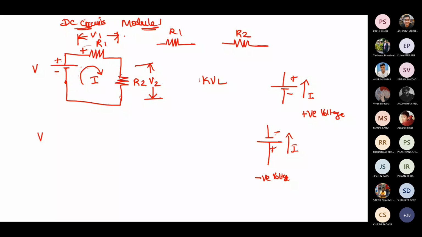Ma'am, here also you are assuming this direction, but voltage is like this, negative to positive. But this is a source. Wherever source is there, we cannot change the direction. Other than the source, only for the resistors, we will see the current direction. If the current flows, we assume that it flows only from positive to negative as per the current.